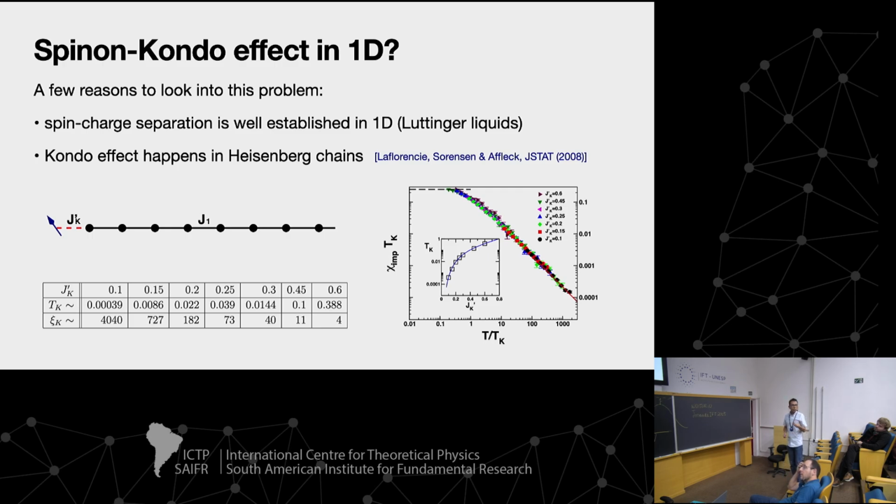Also, there is Kondo effect in Heisenberg spin chains. In a very strict sense, if you only take the spin model and you couple a magnetic impurity at the boundary of a Heisenberg spin chain, you get a renormalization of this Kondo coupling, which is exactly the same as the renormalization with conduction electrons. And this is, again, because of spin charge separation. All the action happens in the spin sector, right? And people can even extract Kondo temperatures from this spin problem as a function of this coupling. And you observe scaling functions and everything.